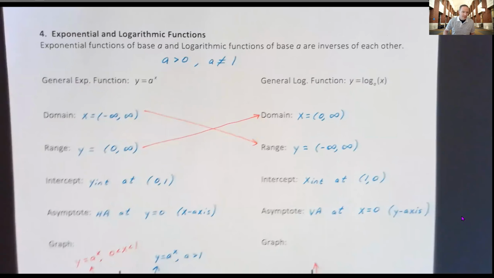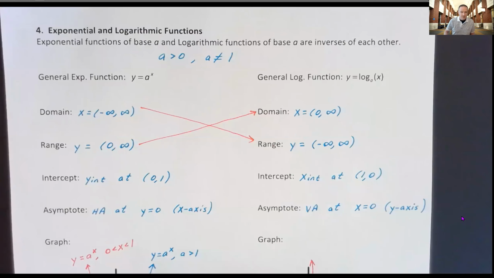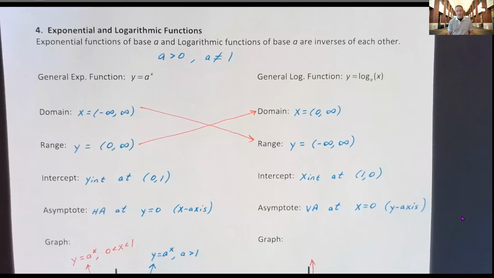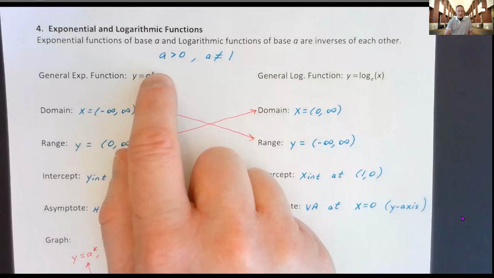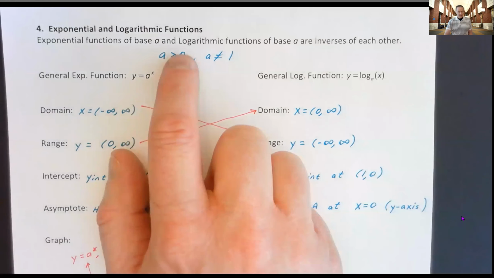Exponentials and logarithms. The main reason we talk about inverse functions is in order to work with exponentials and logarithms. They are our most important inverses of one another. Now, whether you're talking about an exponential base A or a log base A, I want to make sure that you understand whenever we say exponential functions have a domain that goes from -infinity to infinity, sometimes people mistakenly think that that means the exponential base can be any number from -infinity to infinity. That's not the case. While that exponent can be anything it wants to be,